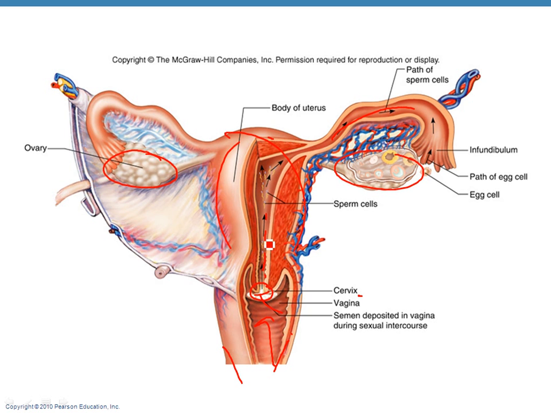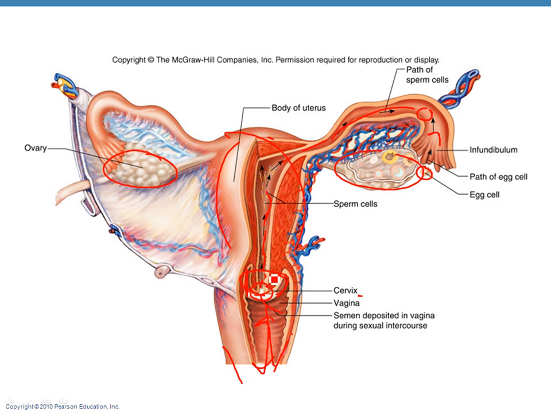They swim up into the uterus, and then some will go left, some will go right into the different fallopian tubes. And if an egg has been ovulated or released, it will be inside the uterine tubes or fallopian tubes, and maybe you'll get fertilization. Now, all the sperm don't make it up there. There's a lot of sperm that are deposited in the vagina, but they all don't make it. Some make it through, some basically come back out, drain out, and some get lost.